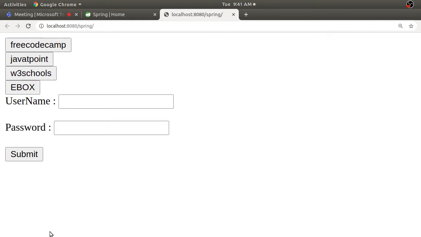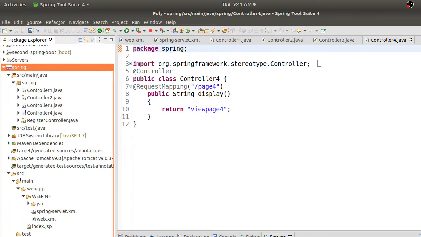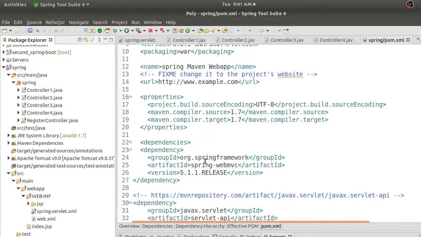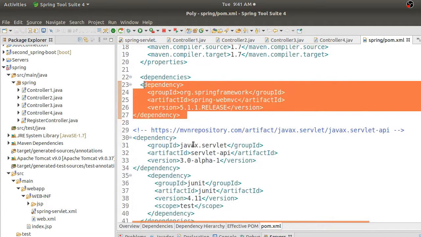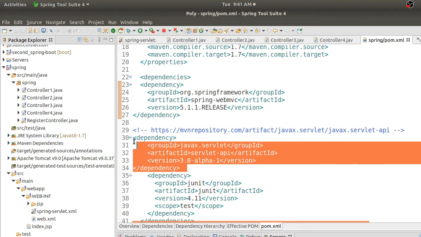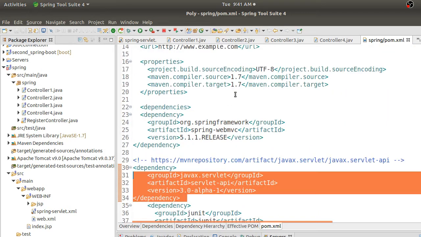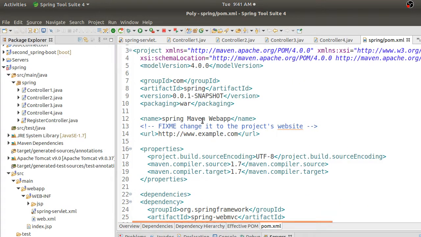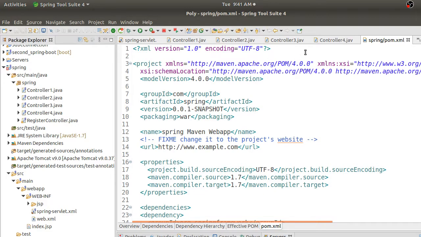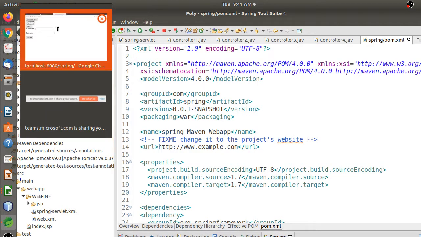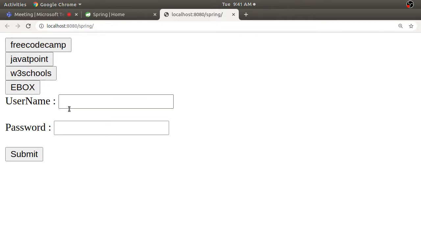And also our common dependencies, which we add in pom.xml. In pom.xml, to perform this activity, we added a lot of jars, right? So we added basically the Spring MVC jar, we added Servlet API, and we added many of these jars manually, and we have done this project, right? So now what we are going to learn is similar thing in a much reduced effort manner. Okay, so this code was just having some buttons, username and password.